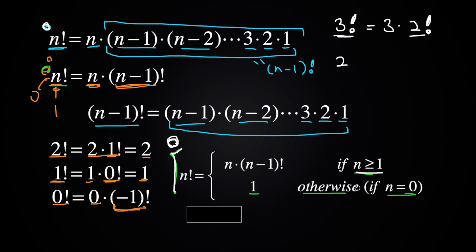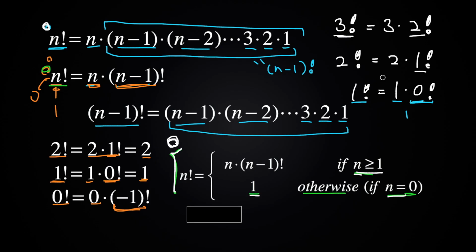By definition, since 2 is still greater than or equal to 1, it's equal to 2 times 1 factorial. And then we can do the same thing for 1. What's 1 factorial? Well, it's 1 times 0 factorial. And then as soon as we have this, we'll know that 0 factorial is 1 by definition. And as soon as you have that, you can plug 1 to 0 factorial here, and then you'll know that 1 factorial is equal to 1 times 1, which is 1.